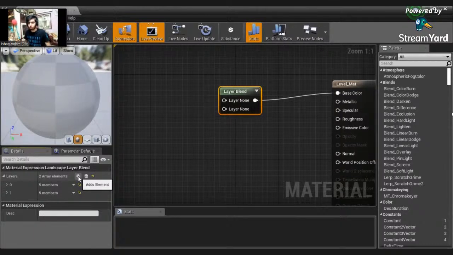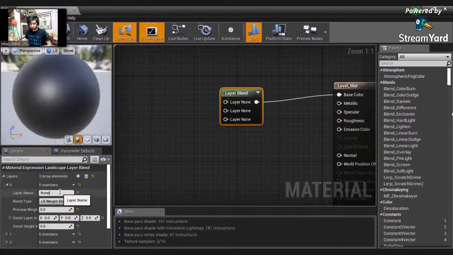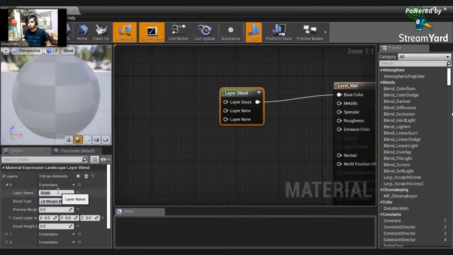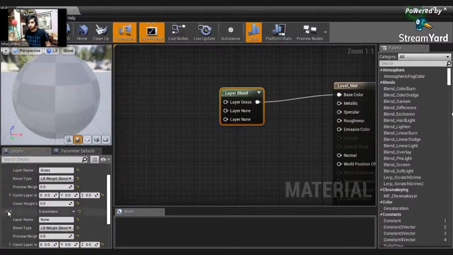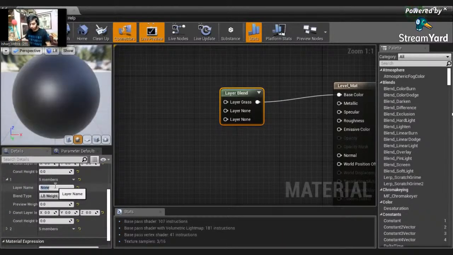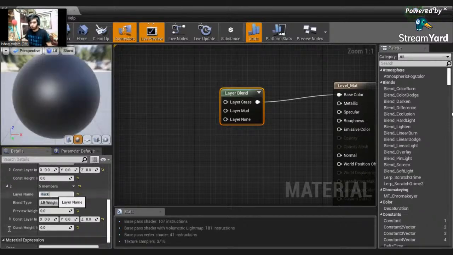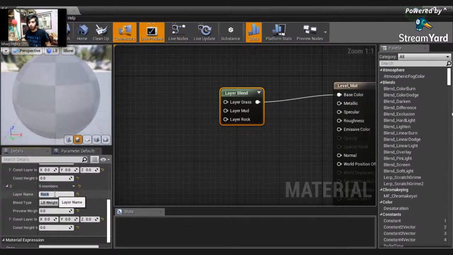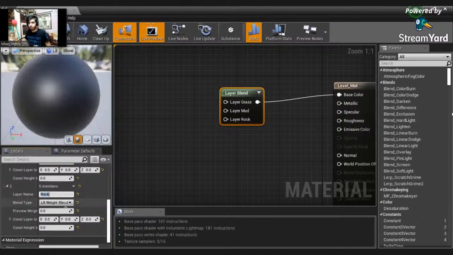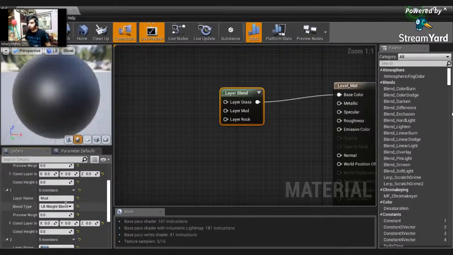I am just going to give the first one the name grass. The first index would be grass, then it would be mud, and at last it would be rock. Okay, now that I have named them and I know what naming scheme I am using,